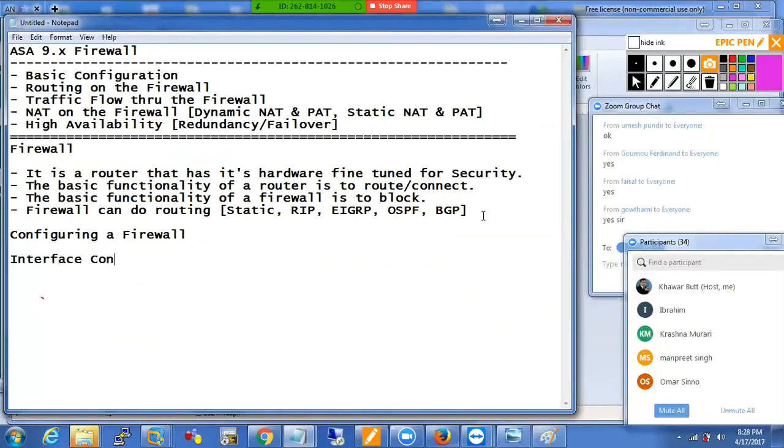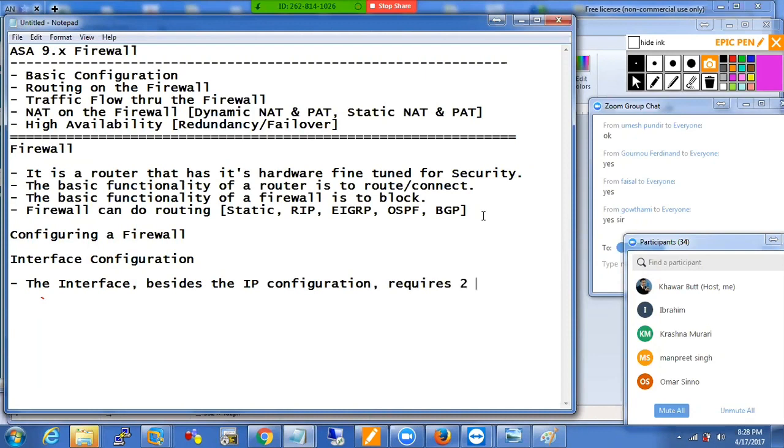Interface config. The default rules or default things that you need to be aware of. The interface, besides the IP configuration, which is your IP address and subnet mask, requires 2 additional parameters. All right, what are the 2 additional parameters that every interface requires on a firewall? The 2 parameters are, number 1,